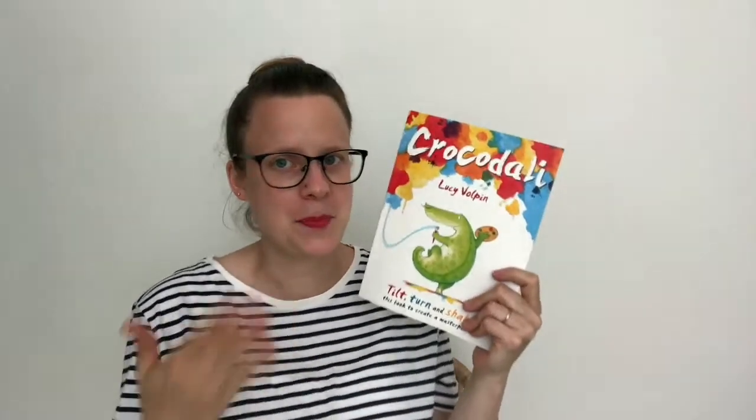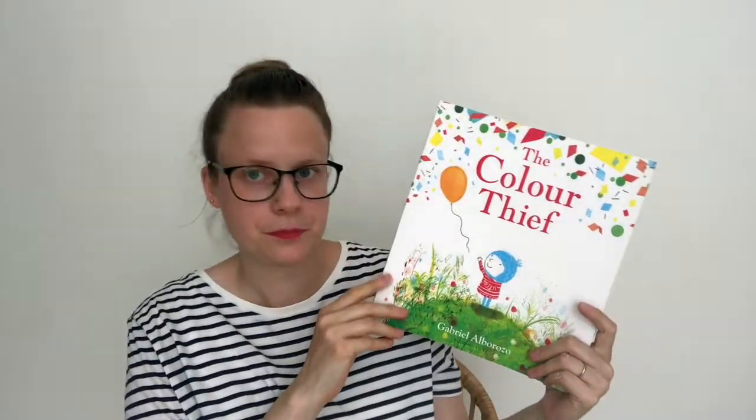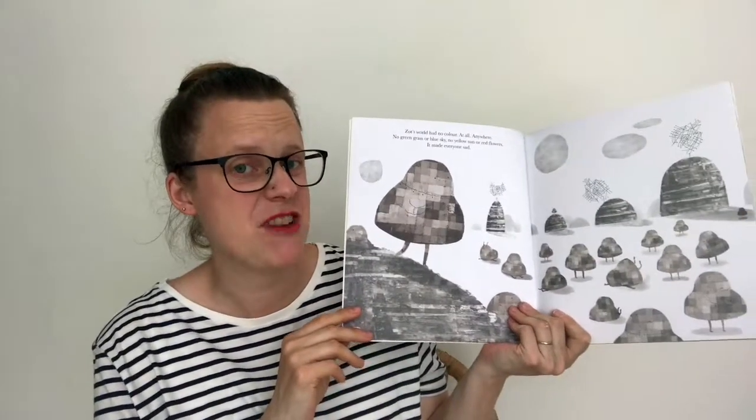So it's a fun book for young kids who like to be engaged with what they're reading, and you get to do all kinds of things like shake and tilt and blow, but remember, not too hard. So that's Crocodile. Then we have The Colour Thief, which features Zot, who lives on a planet where everything is